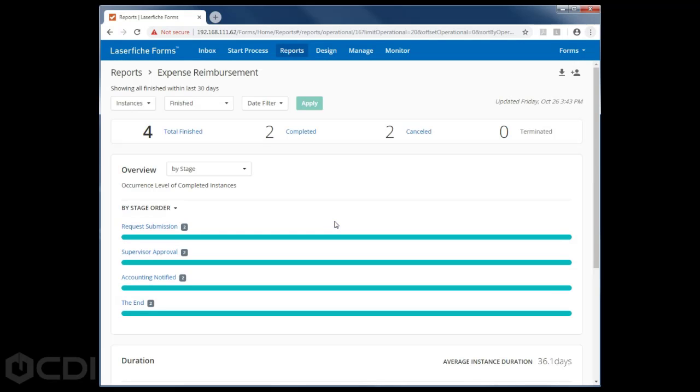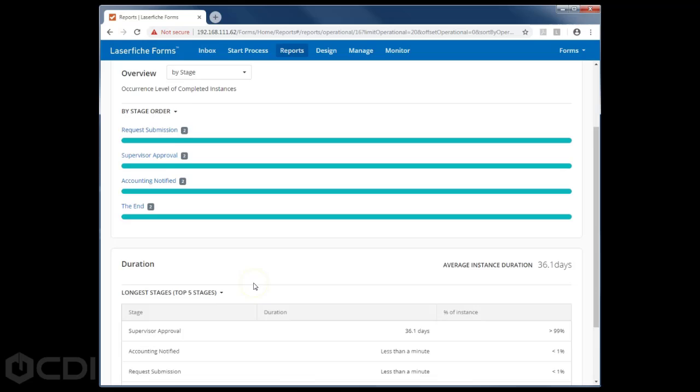Operational reports can tell you at a glance progress of all submitted forms, task distribution, and performance by user and/or team, and more. You can choose to view by task or instance, by the status of the task, add a date filter. Each of the displayed items can tell you how many were submitted and in what stage, the average duration of those stages,